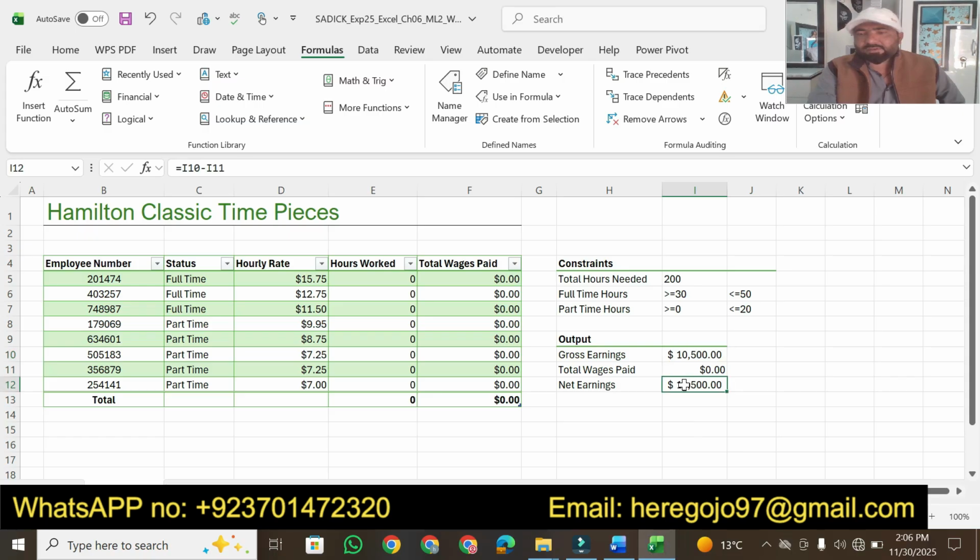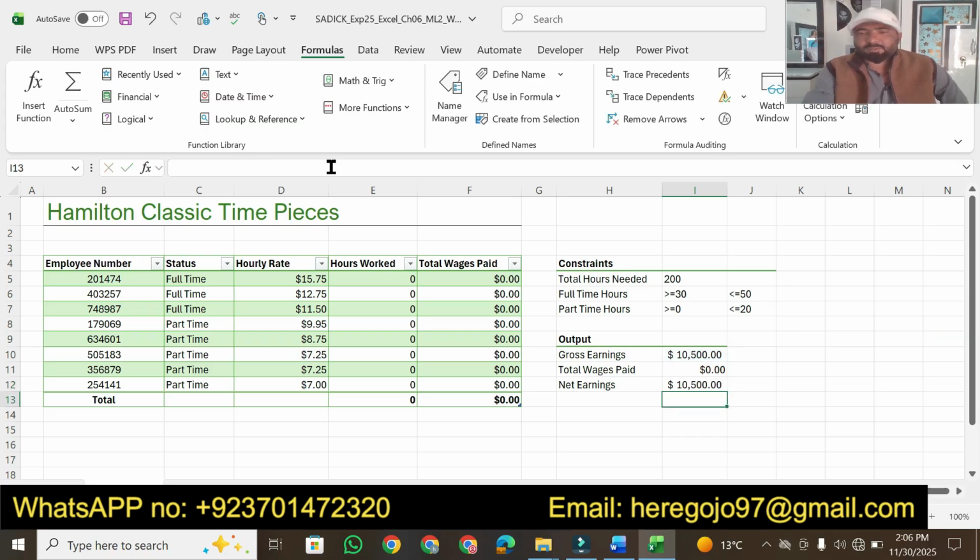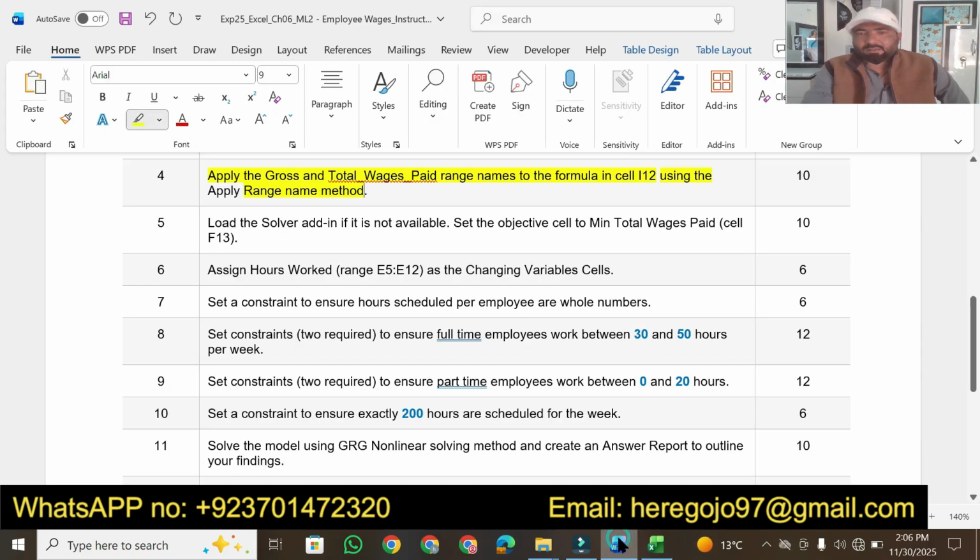Where is I12? Here is I12. Yes. Now you may see the cell is selected. Now we have to apply the names to the formula. Okay. Select this one, then select this one. Okay. Now the names come. Then again select I11 and select this cell, that is I11, and the names come for both. Simply press enter. So question number 4 is done,